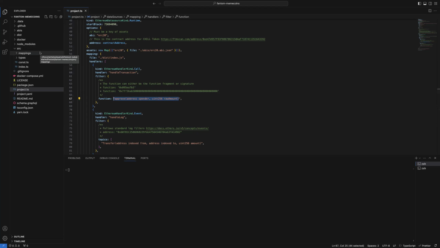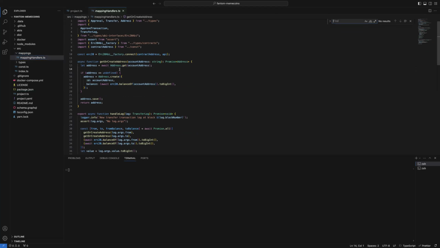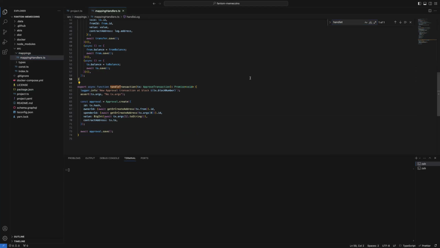And this is done as part of a third type of the files. So as you can see, if I search for a handle transaction function, we'll find it here under the mapping handlers.ts file.